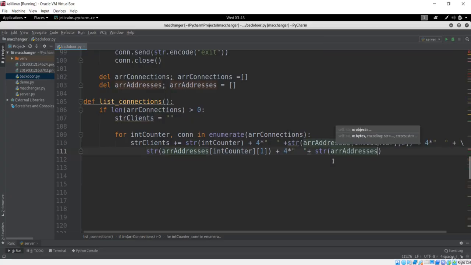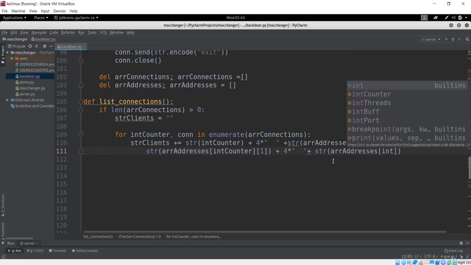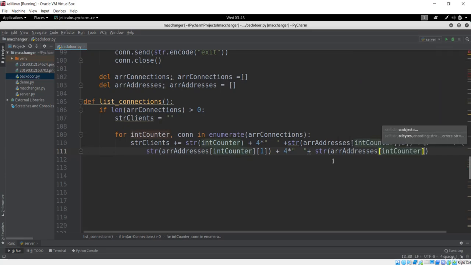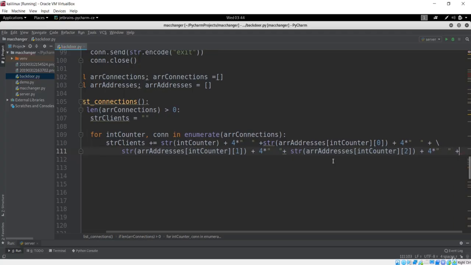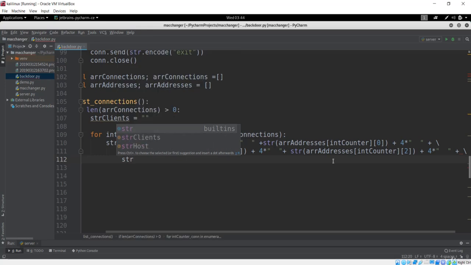So PC name will be, again, I want to get to the specific counter. Basically this is to represent that we are in the specific PC. After that I want to get the PC name, which is in this list of 2, and after that let me give again the empty spaces, and let me again go down with this backward slash. Let's go down and let's now see the OS of that PC or the client.